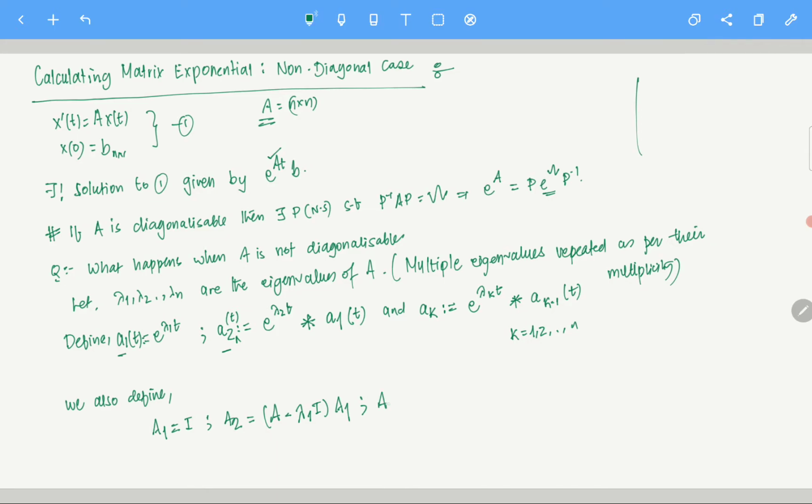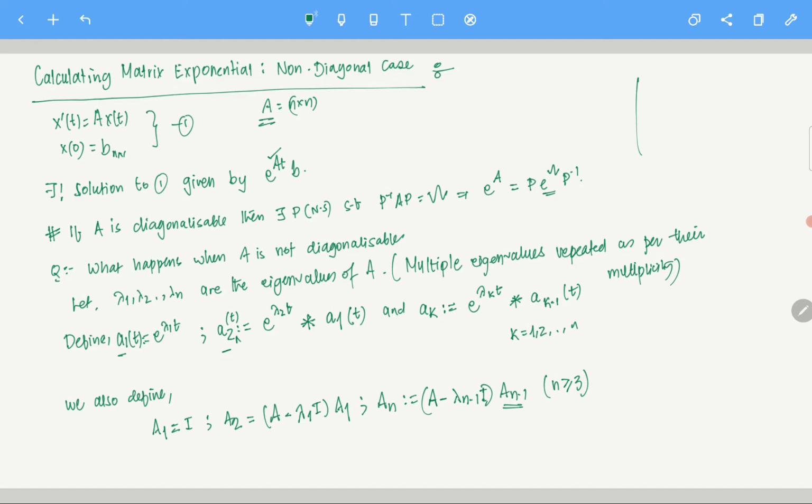And similarly, An, or Ak, whatever you want to call it, we can define it like this: A minus lambda n minus 1 times identity, times A n minus 1. Clear? This is what we can define, for n greater than or equal to 3, let's say. So n equals 2 we already defined, okay. So for 3 it is A2, and A minus lambda n minus 1, sorry, identity, I forgot to write it, the identity map, times A n minus 1. So we define it like this.